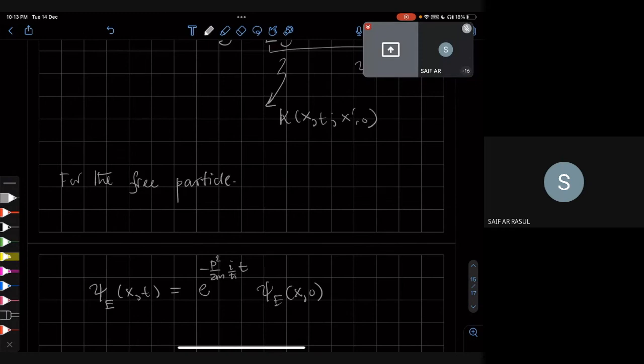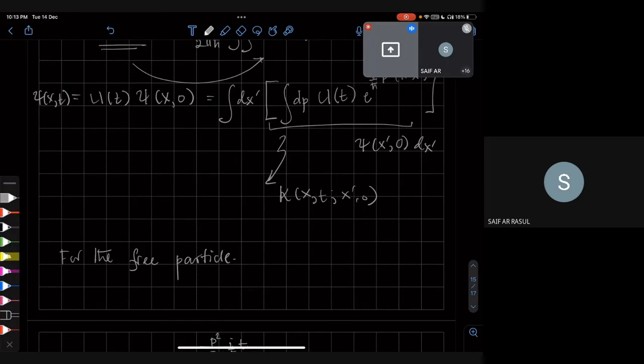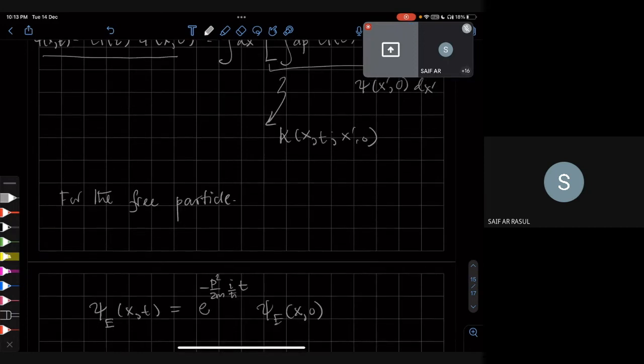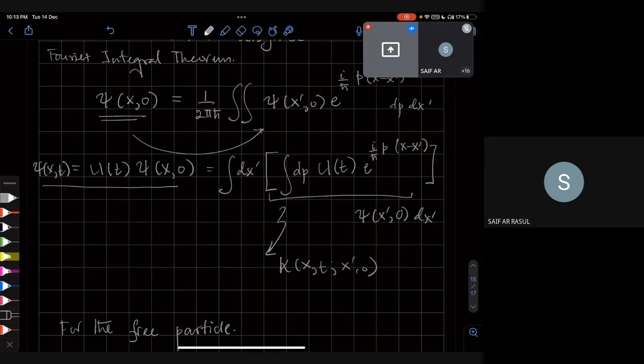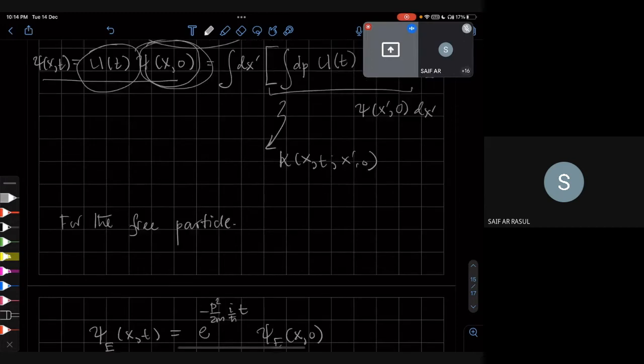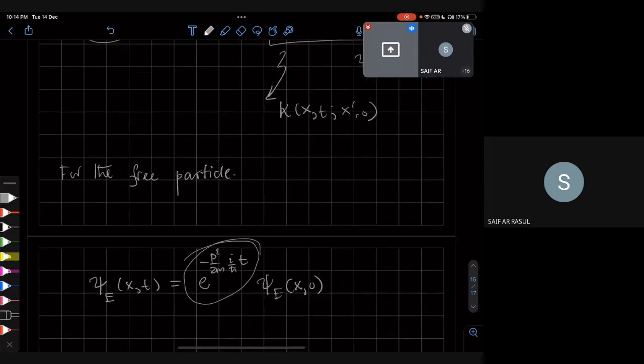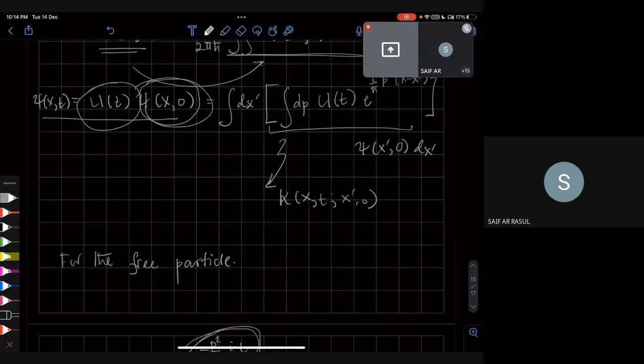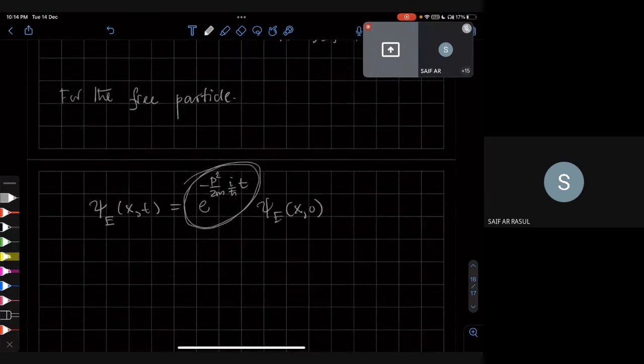Okay? So now, if I look at this, then I can use this expression over here, and in terms of u, I get this. If I rearrange everything, then there is going to be a Gaussian integral, and once you do the Gaussian integral, you will find that u of t,